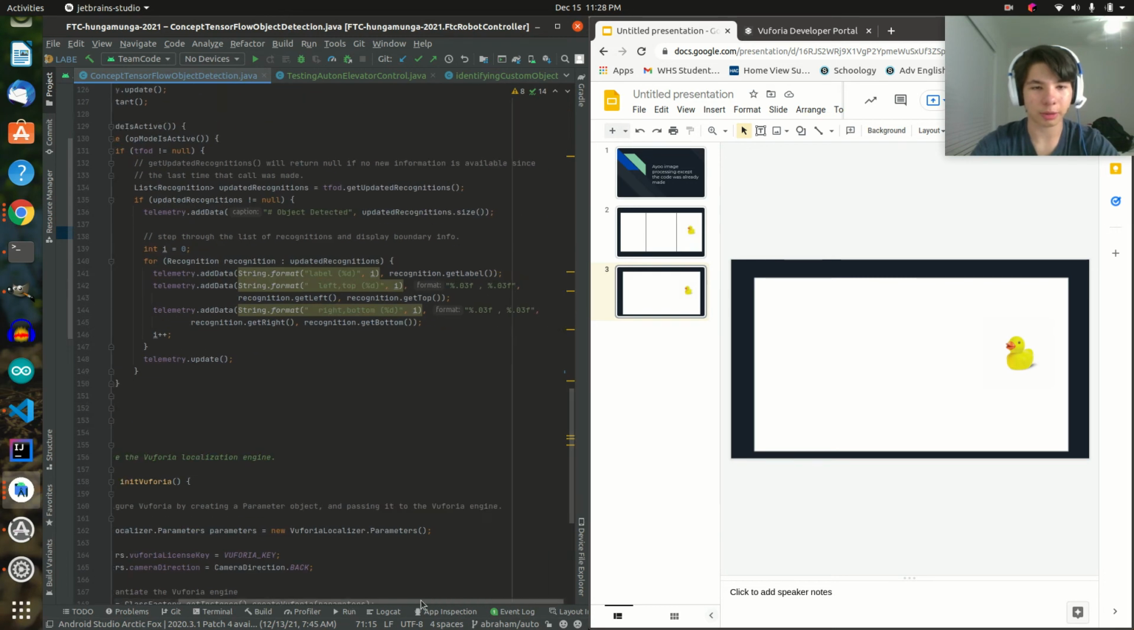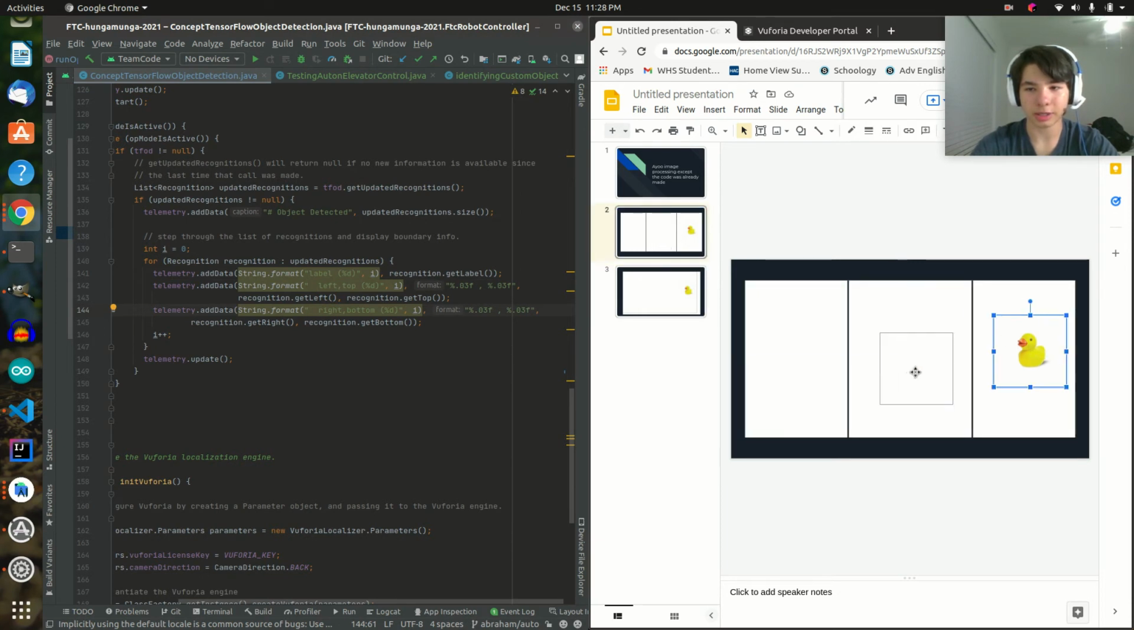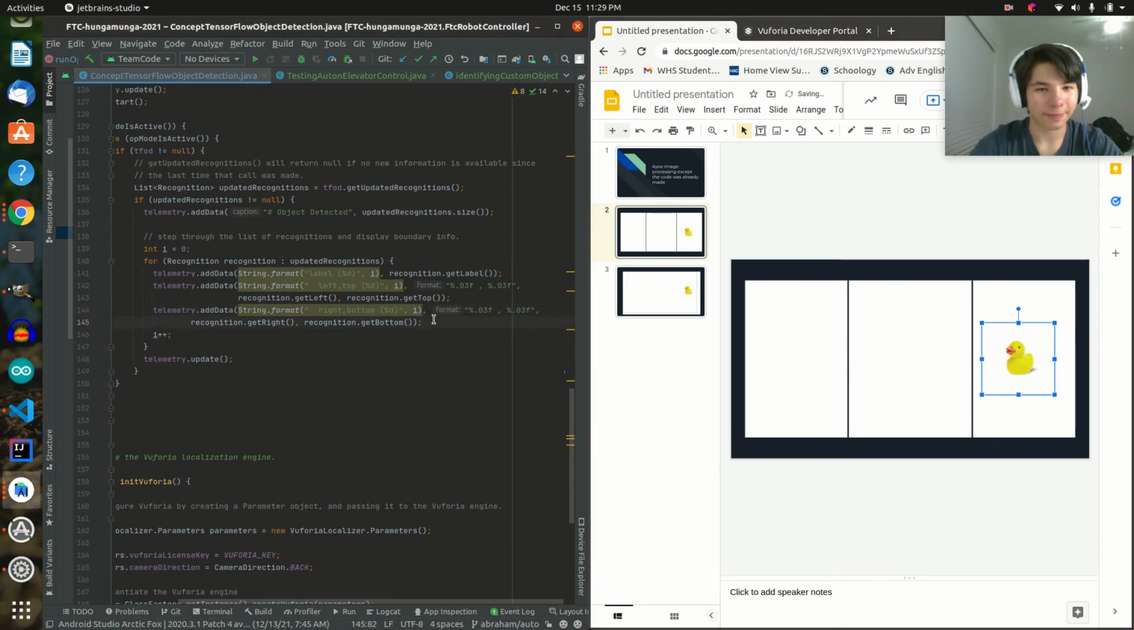And here's the good part: it returns the left top, what would be this spot, and the right bottom, what would be this spot. Meaning, we know where our little ducky is going to be. We can know where our little ducky is, and that's really cool because that means essentially now